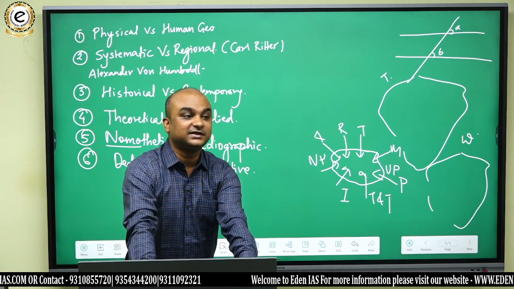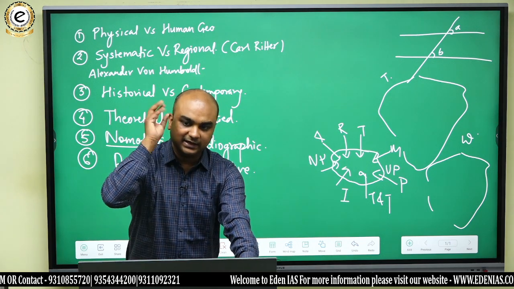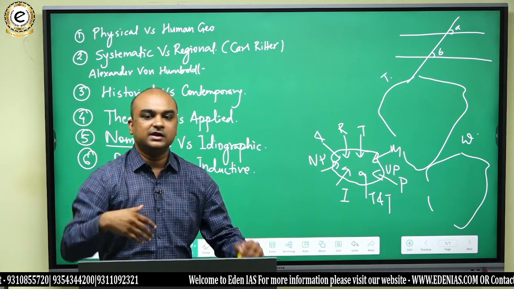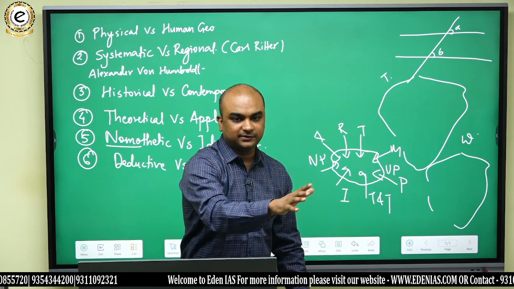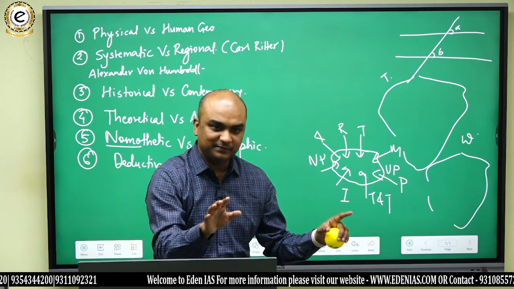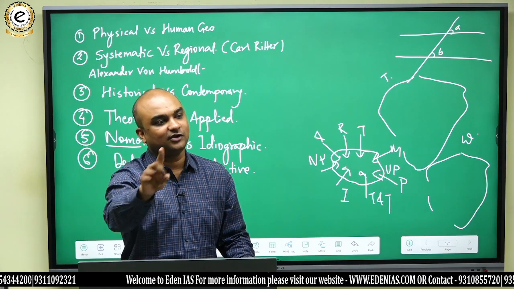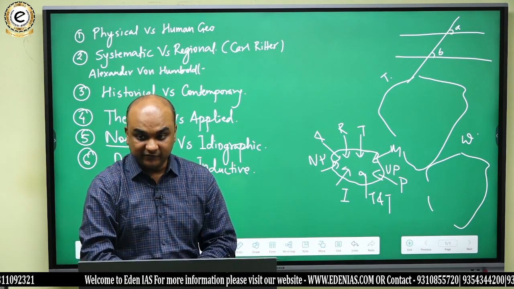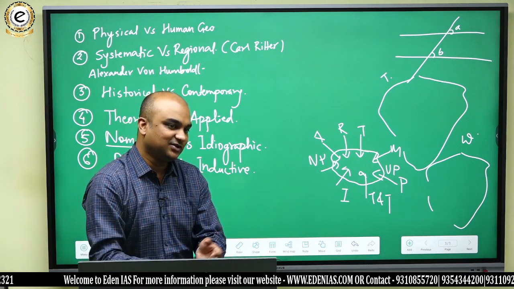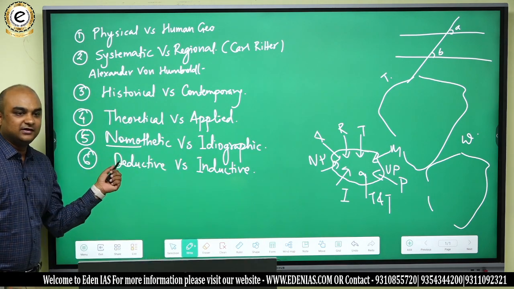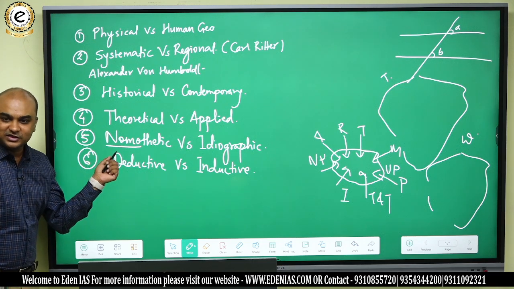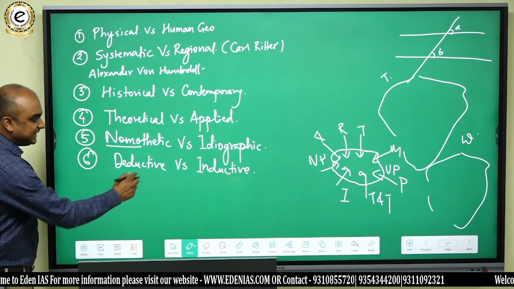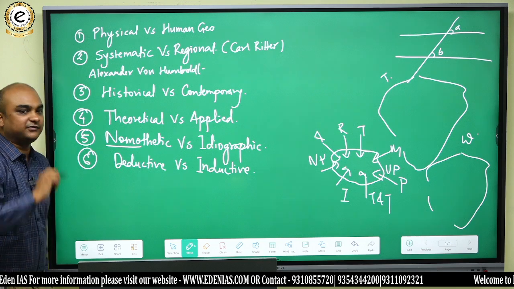So that is deductive approach. Deductive means you first make an assumption, you accept that yes, this is right, to every action there is equal and opposite reaction. Now you go out in the real world and you test it. If the experiments validate the law, you declare the law as valid. Do you get that? That is deductive approach. Some people feel that geography should be like that. Don't you think that these deductive people are closer to the nomothetic people? Because they are talking about law building. Do you get it? Whereas inductive approach is completely different.